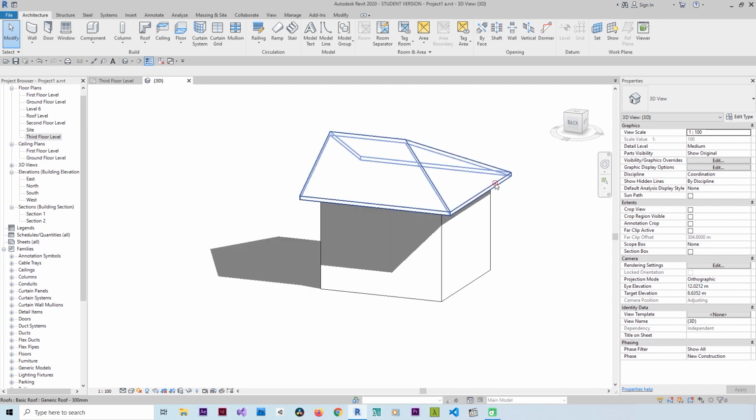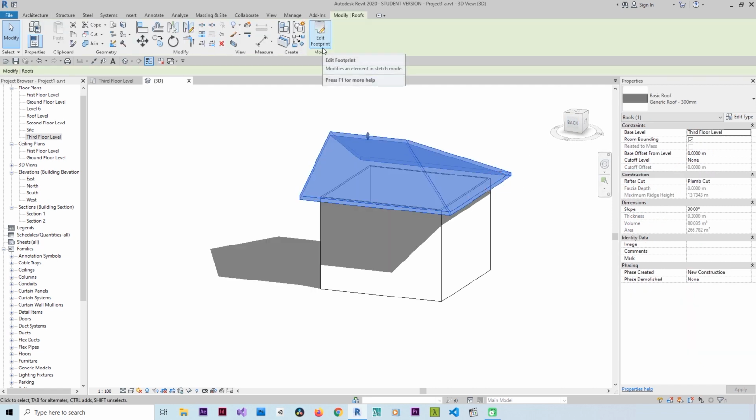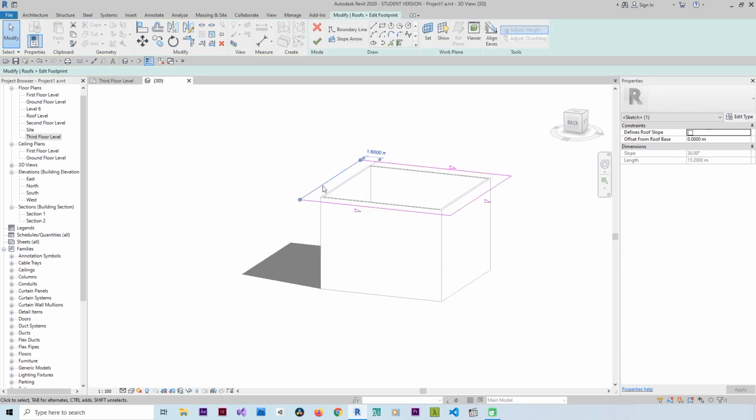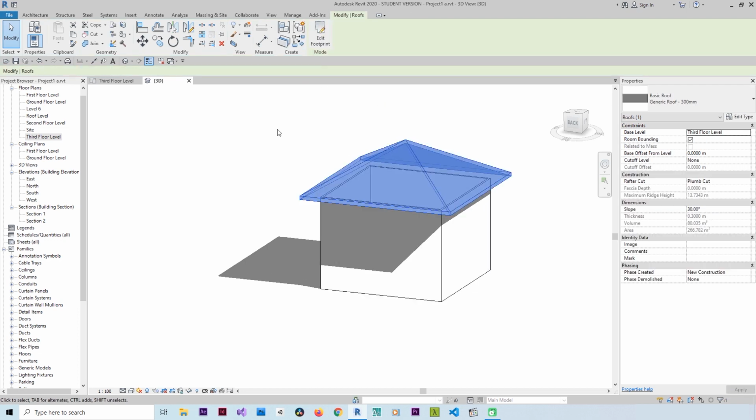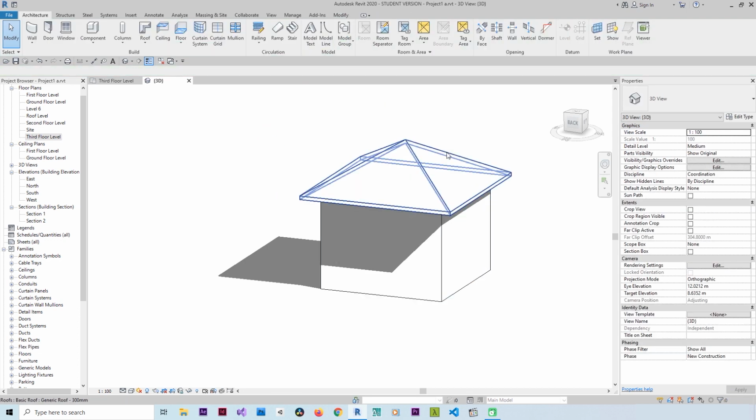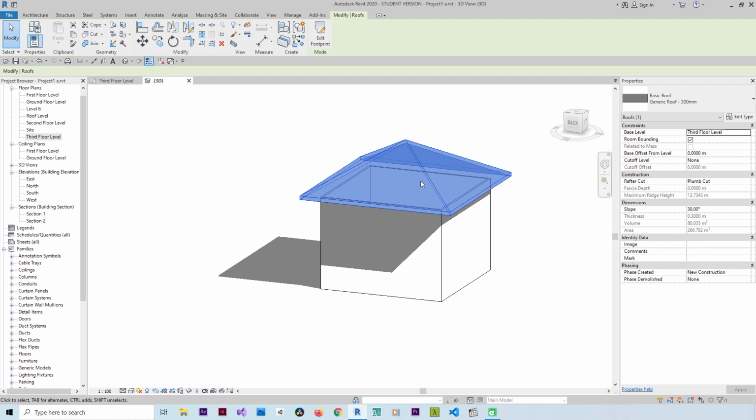Okay, I can select the roof and choose Edit Footprint and select this and make Defines Slope. It will be like this. Okay,